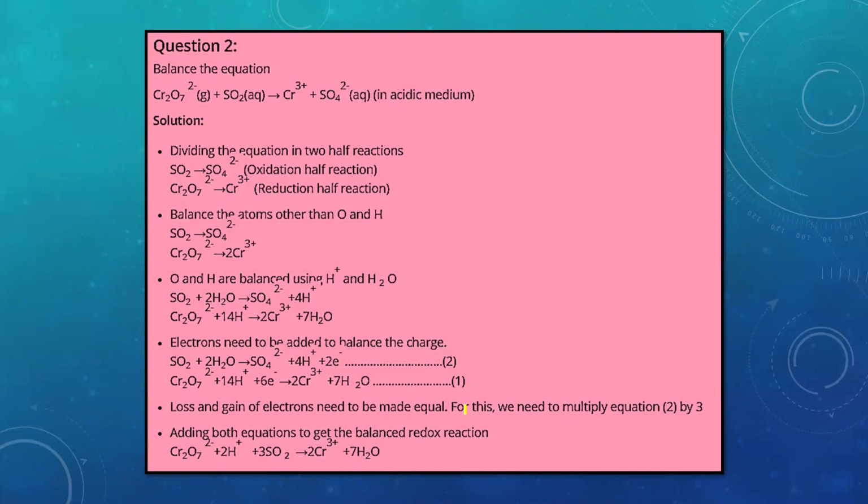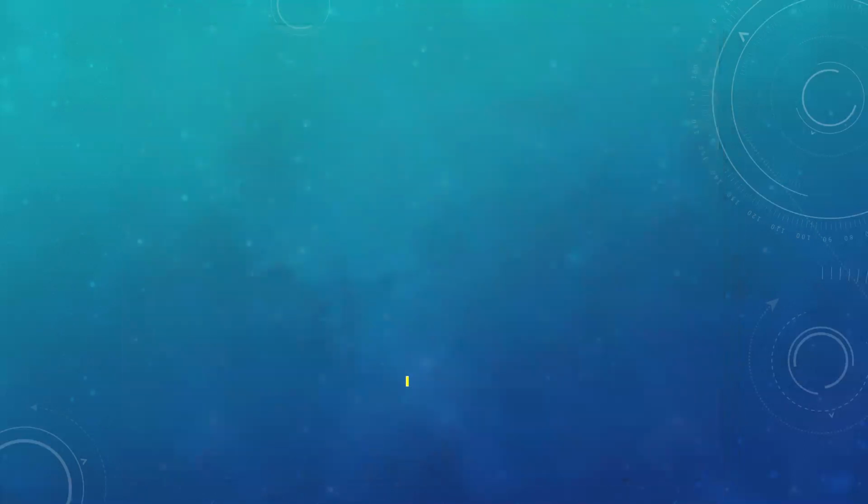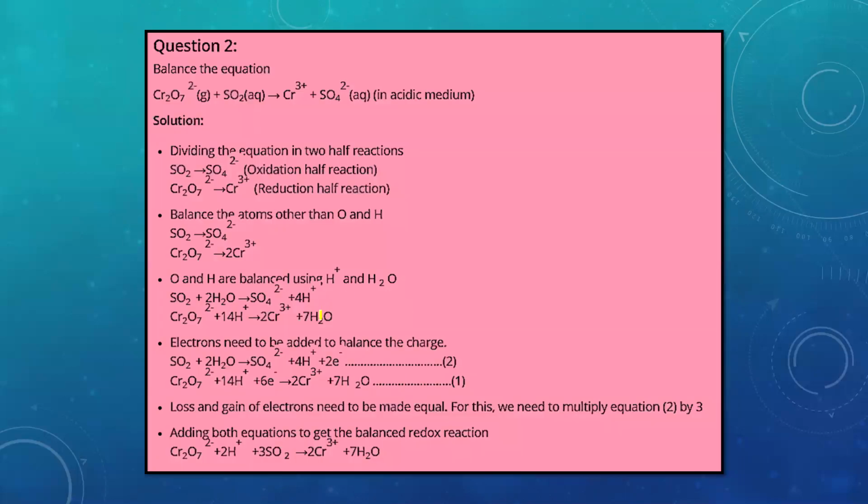This is taking place in the acidic medium. So SO2 to SO4 2 minus is the oxidation half reaction. Cr2O7 2 minus to Cr plus 3 is the reduction half reaction. Balancing the atoms other than oxygen and hydrogen, we have these things equal. So just go through this, how the reaction is balanced. Here loss and gain of electrons need to be made equal. For this we need to multiply equation 2 by 3 and add both the equations to get the balanced